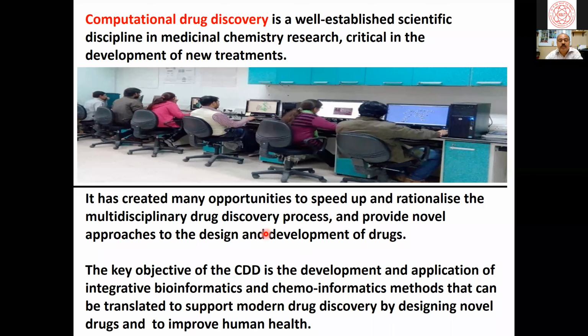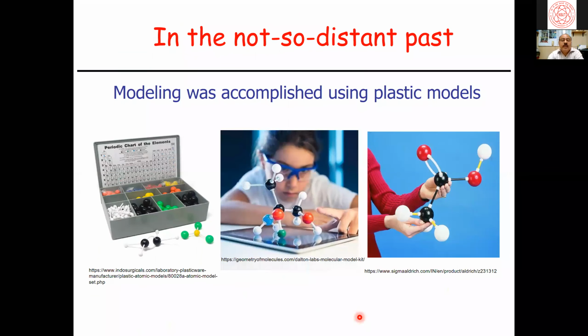Let me put it this way: it provides novel approaches to the design and development of drugs. Well, the main objective of computational drug discovery is the development of methods, and at the same time how you apply these developed methods in integrative bioinformatics and cheminformatics approaches that can be translated to support modern drug discovery by designing novel drugs and to improve human health. So earlier, we used to do molecular modeling